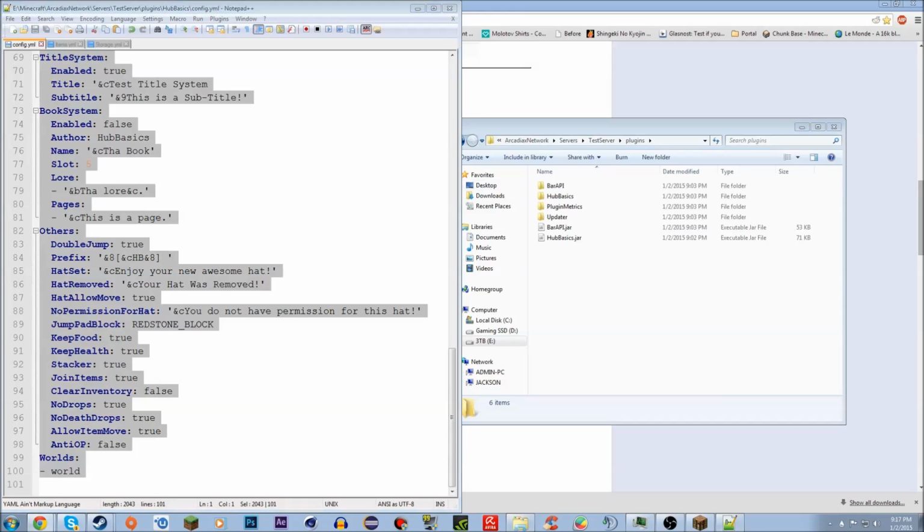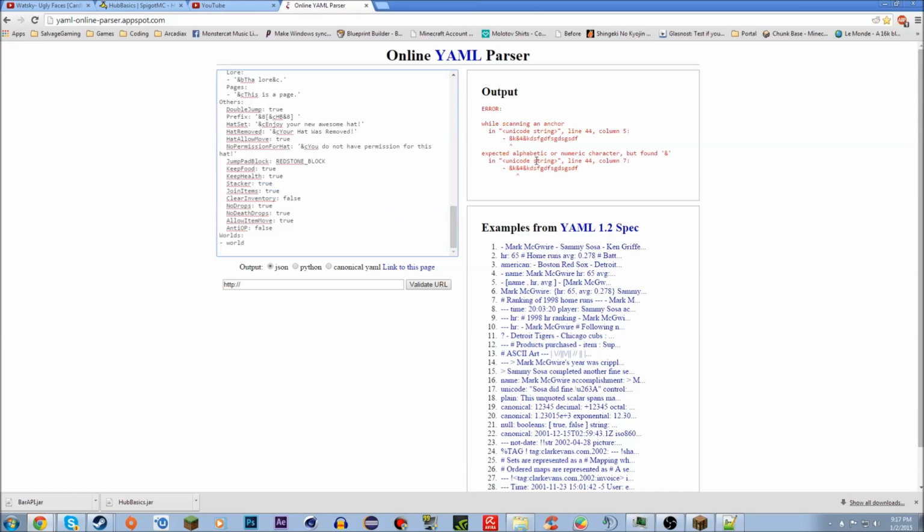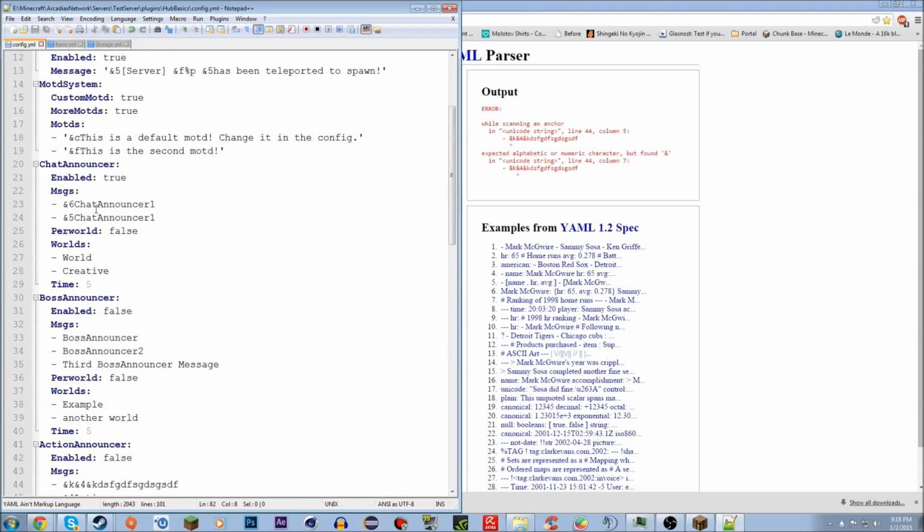And I also like to put it in a parser. I'll leave a link in the description. Pretty much you just paste it in here. And then you can see that I actually have an error. So I think I know exactly what that means. So let's go up here to